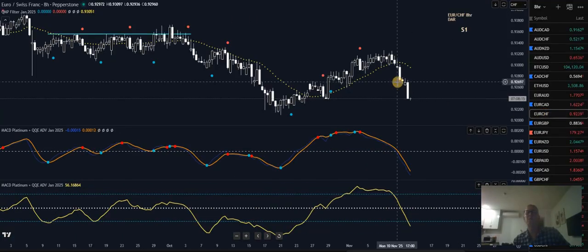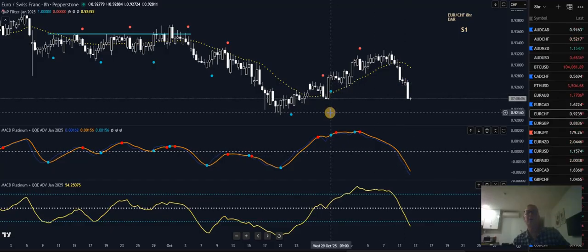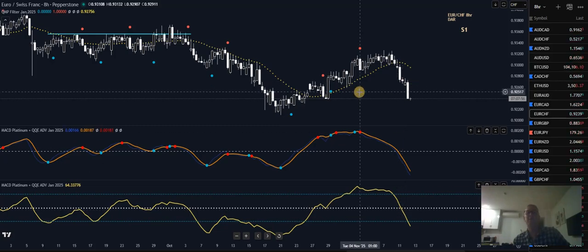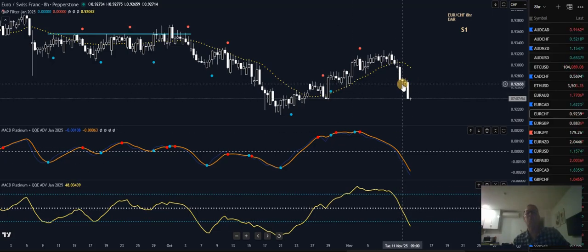Euro Swiss, sort of kicking myself here. I was in a couple of sells, and the MACD Platinum had gone through the zero level, I think, because it was originally a MACD Platinum trade, and then it became a QQE trade, and it went through the 50 level. So it was in this area here. I got out of both trades for a small overall profit. I could have just waited for one more candle and it would have made plenty. But not to be. I didn't lose, but it wasn't a big win either.